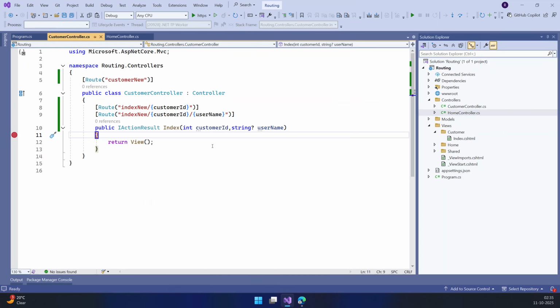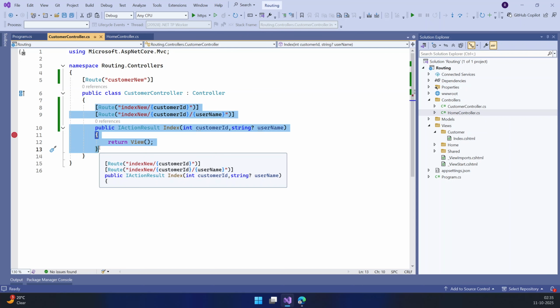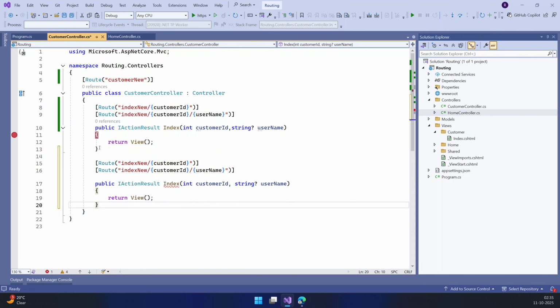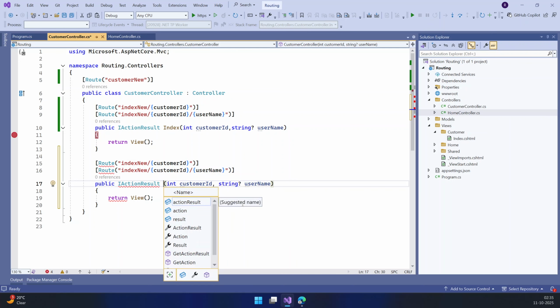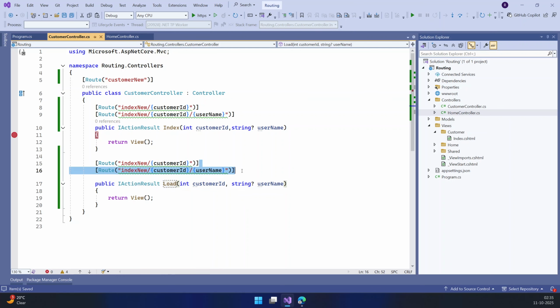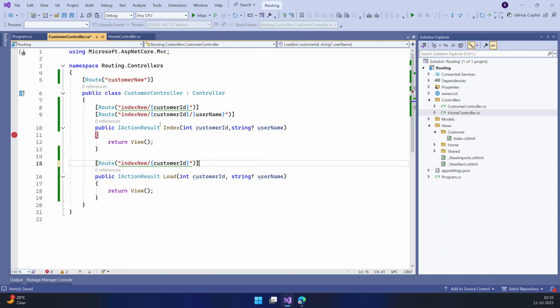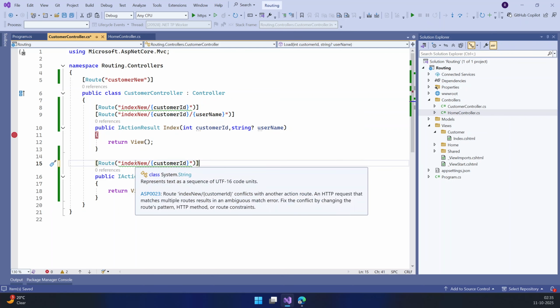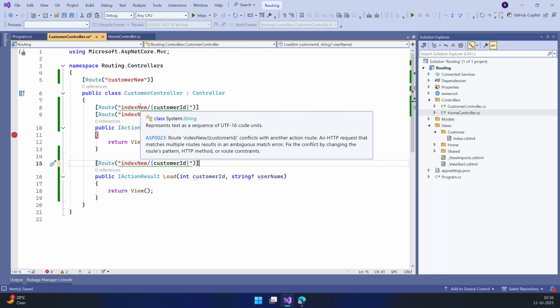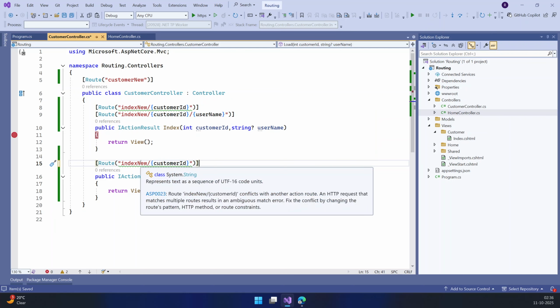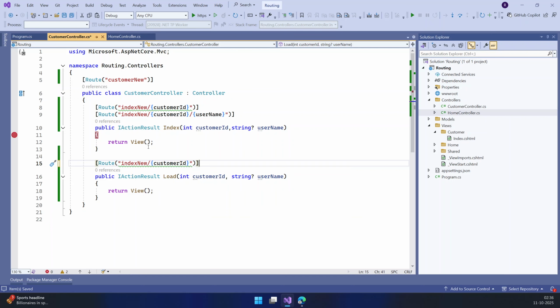Before we move to the next step, let me add another controller action method because I want to show you another thing. Let's say this is my action method and the name is customer, or maybe let's say the name is load, and get rid of this additional parameter. Since both of my routes have the same naming convention or the same pattern, I am getting a warning in my MVC application